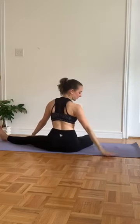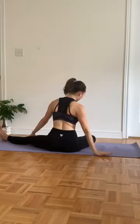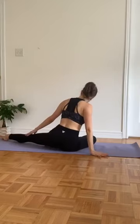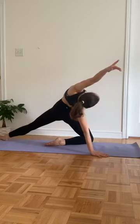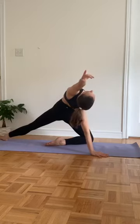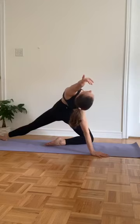Left fingers or palm is going to drop down to the outside of the left hip. You're going to point those right toes down, reach the right arm up and over, send the hips forward, open the chest up towards the sky. For 3, breathing into the center of your chest. For 2,